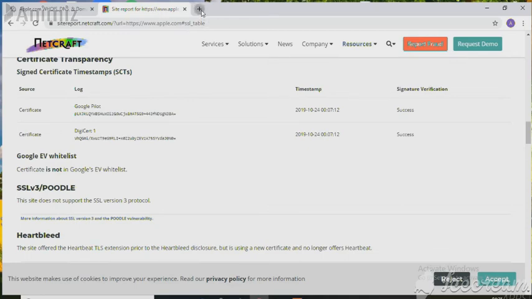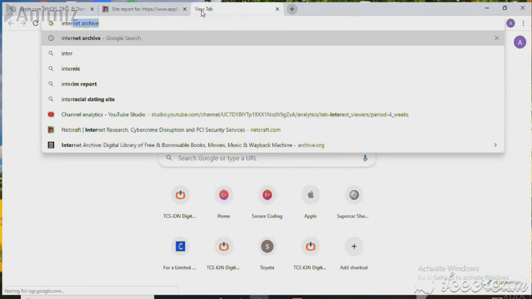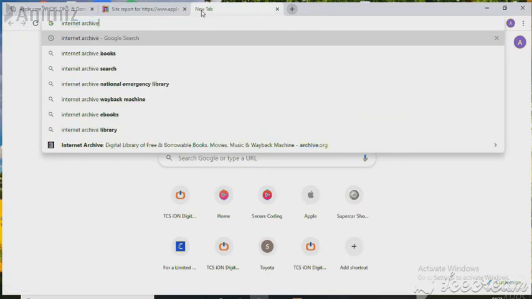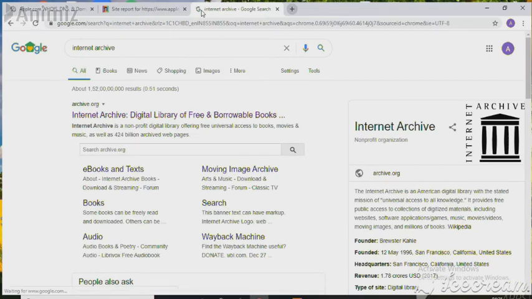Then you will visit the Wayback Machine or Internet Archive and click enter. In this website, you can find out whether the organization's information was deleted from its website or not. A website may delete too much information from its site, but actually it is not deleted.